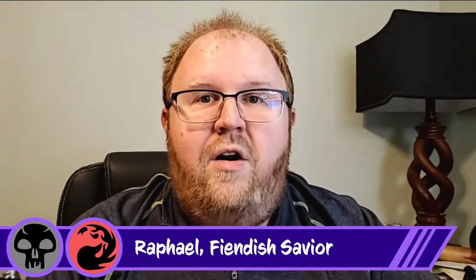Let's start with the commander himself. Again, he's over here. Raphael, Fiendish Savior. For 3, a black and red, you get a 4/4 legendary creature, Demon Noble, that says that all other devils, demons, imps, and tieflings get +1/+1 and have lifelink. And at the beginning of each end step, if one of your creatures went to the graveyard from anywhere, and that includes milling, discarding, or death, you get a 1/1 devil creature token